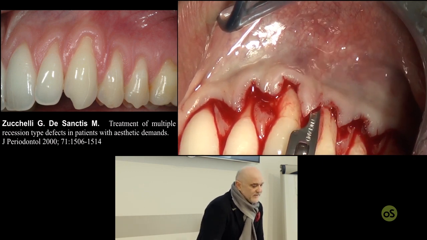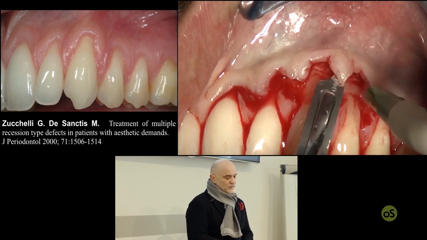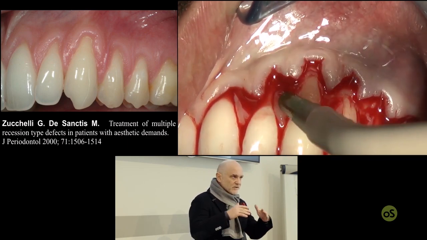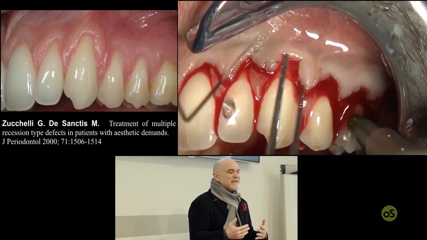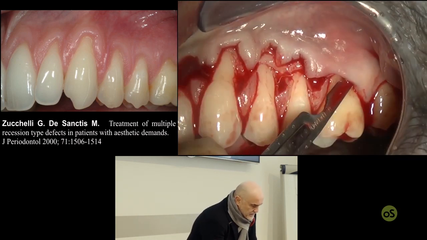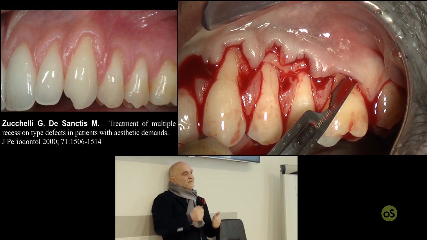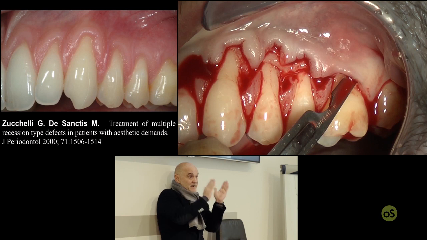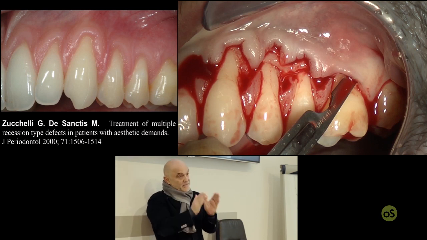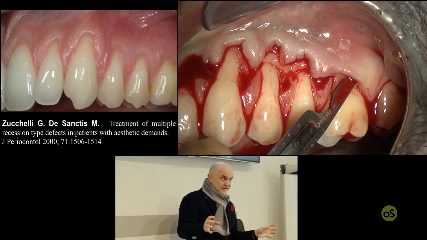It's very important that you follow the different steps that I try to communicate to you, because in this way the technique becomes very, very standardized. This is more than enough to make the flap completely free to be advanced at the level of the 4 teeth, lateral, canine, premolar, second premolar, but not enough at the level of the molar, not enough at the level